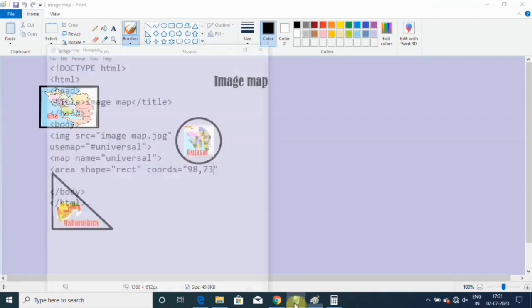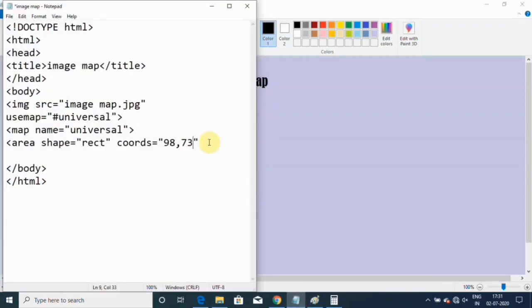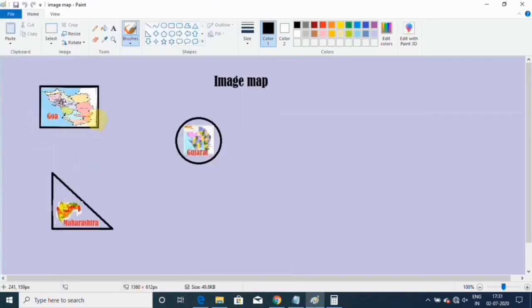So note down this 249, 175. Once again check the coordinate for this, 249.